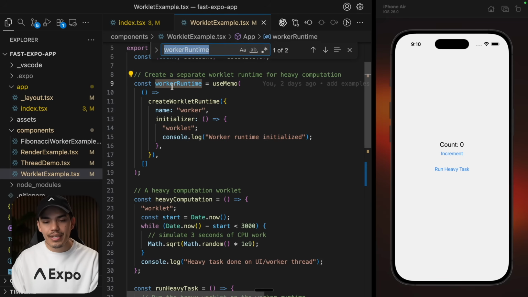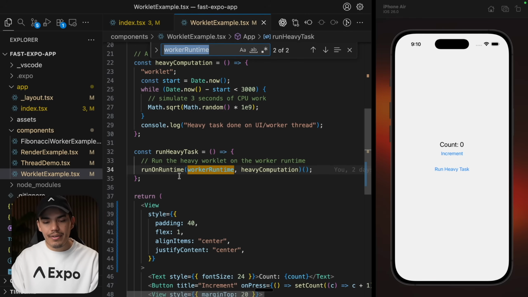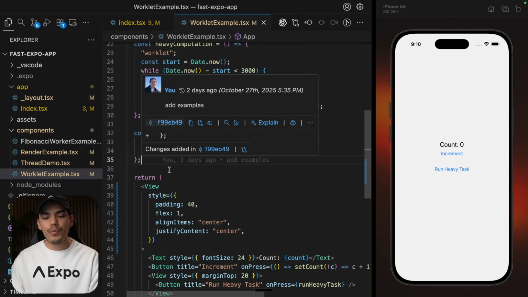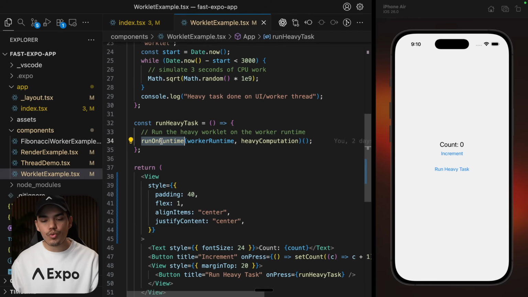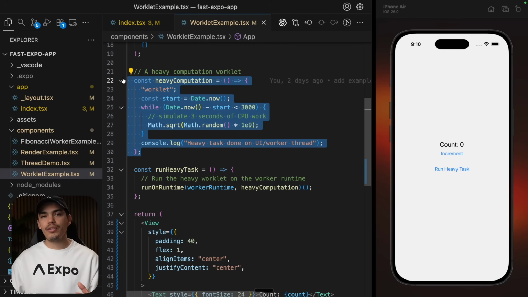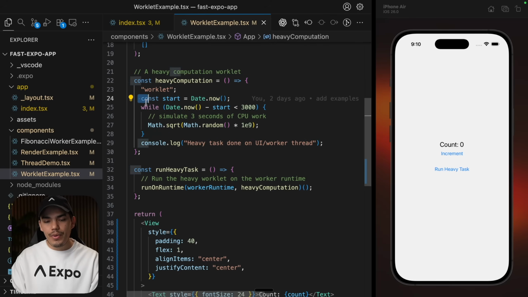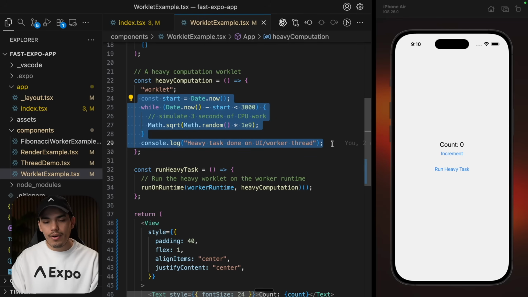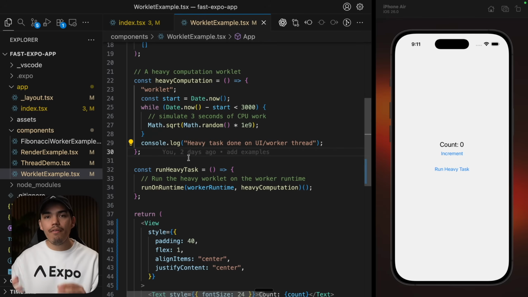Then this worker runtime is being used here when we run the heavy computation. When we run the heavy computation, we can call run on runtime function. This will take the runtime, which is my worker runtime, and the function that is going to handle the heavy computation. Now, in order for React Native Worklets to know that this code needs to be sent to another runtime, we need to use this directive, worklet. So everything inside this function is going to run on the worklet, effectively offloading this process from the JS thread,